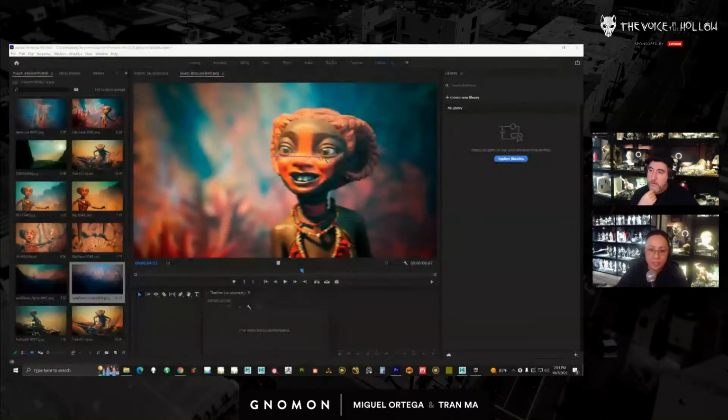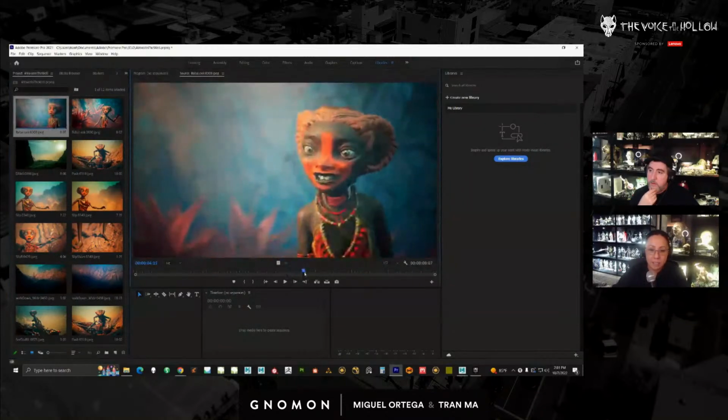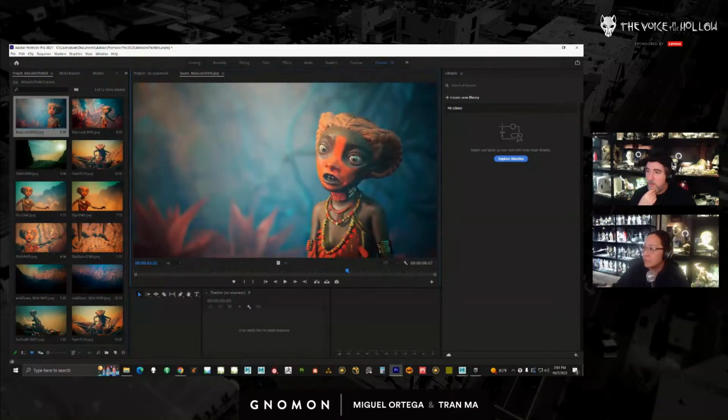So proportionally, her eyes are like halfway down her head, right? But you can see they're much lower, and she has a bigger forehead. And then what's happening in our shots that are getting hand animated is you can see it here in this frame. Her eyes are really high, and her forehead is shrinking. So her eyes are in the wrong place. They need to be down here. And everything needs to come down. That's why she doesn't look like the same person. So her eyes need to be like here.